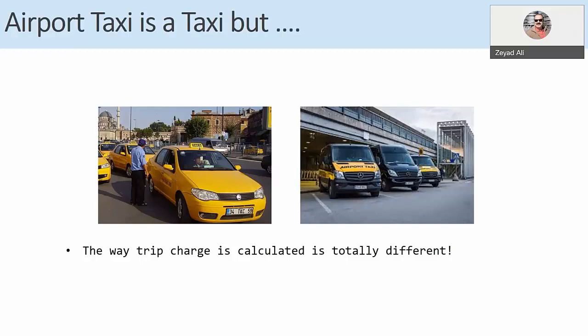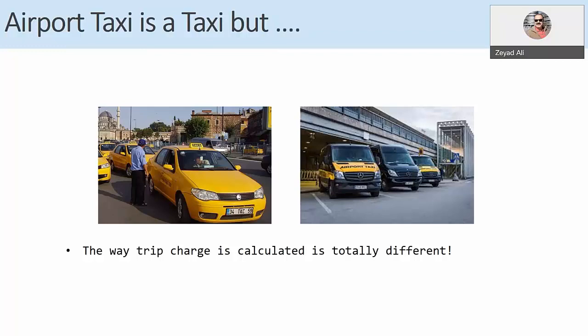But before we start, let's talk about a person. A regular person has a name and age. However, a student is a person, but there is more information needed for a student, like student ID, GPA, college, and many other things. I am also a person, but I'm not a student. I'm a faculty member. And there are other attributes needed for a faculty member, like college, department, office number, rank, specialty, and all these things.